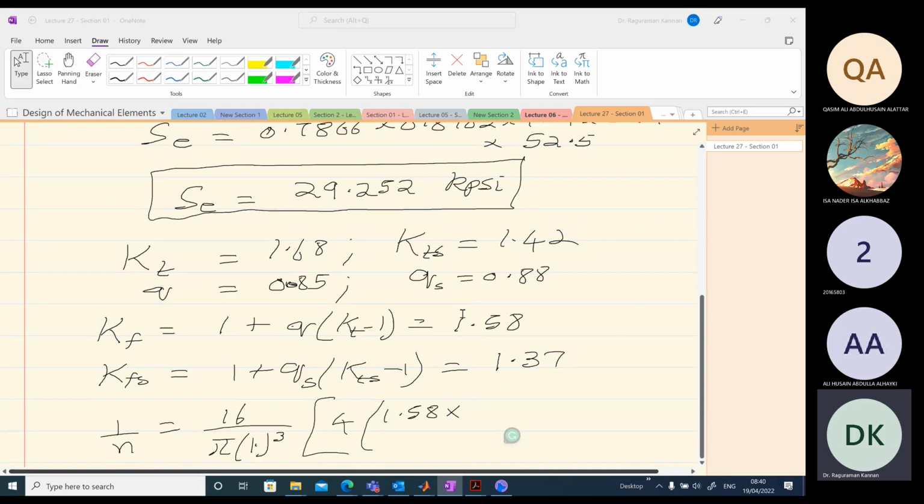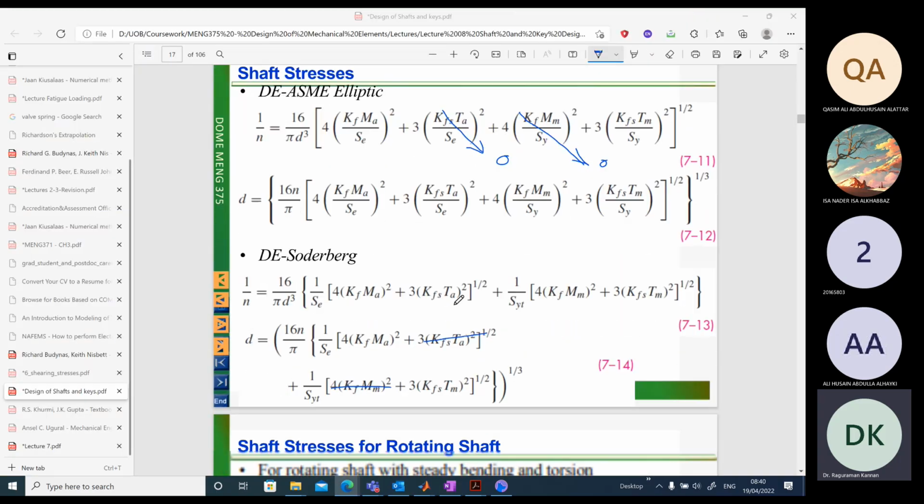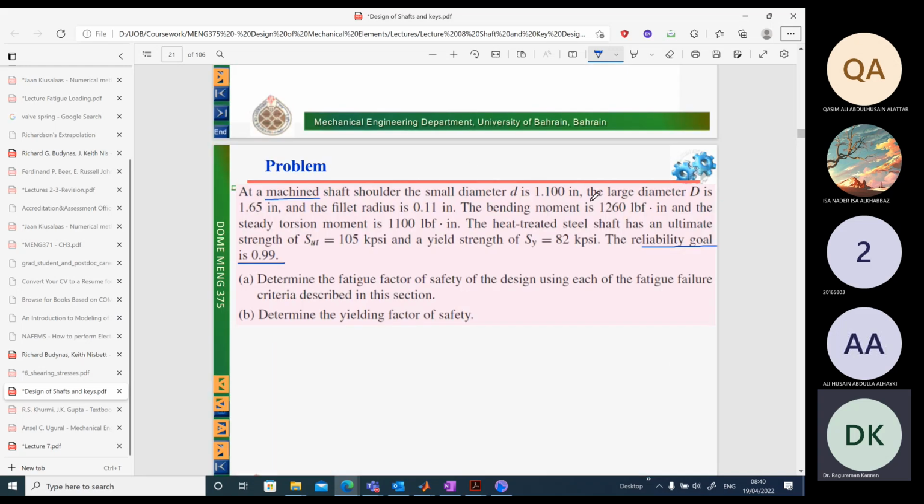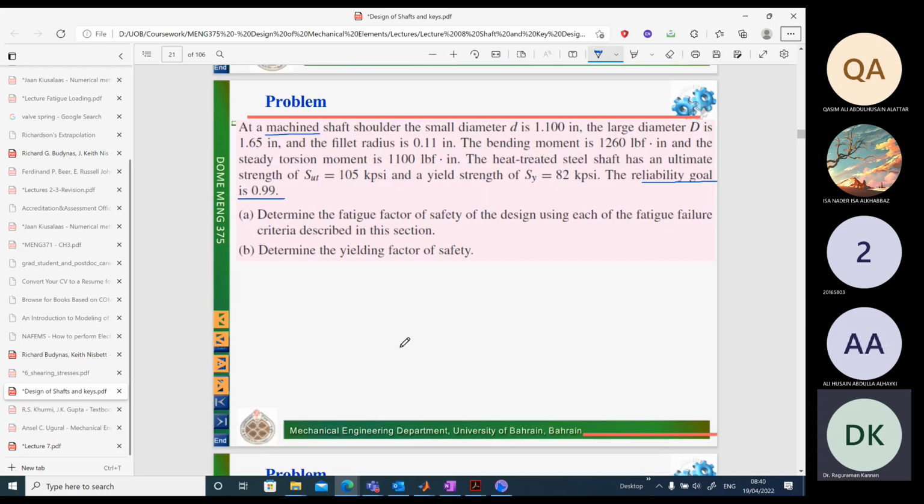It depends upon the applied load. So let's go back and check here. We are given here bending moment is 1260. Okay, so since this is the completely reversed loading, that means this is the max value, M max is equal to 1260,